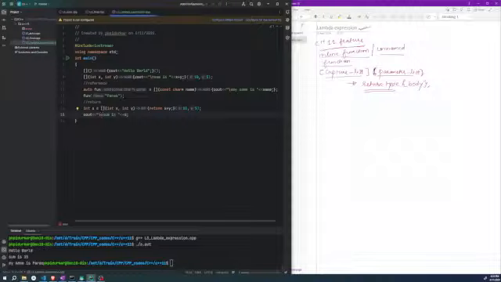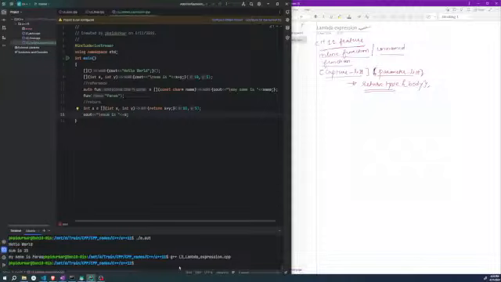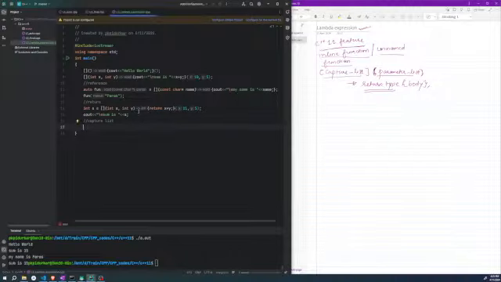They are not accessible. So how to prepare the capture list? A and B should be accessible here. So let us say A and B. Now they are accessible. Now they will be displayed. See, inside the